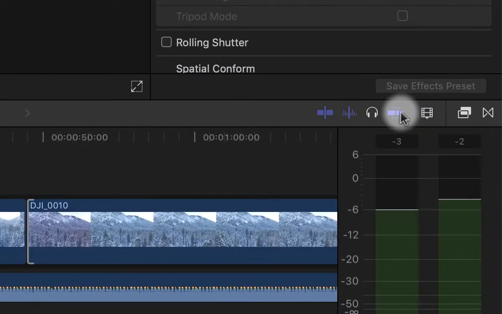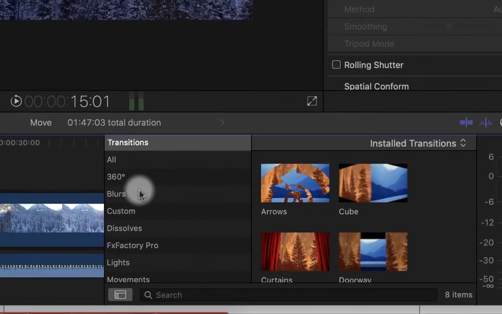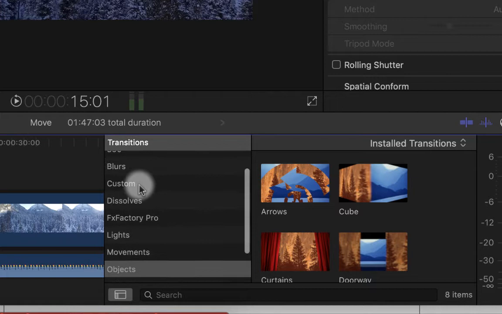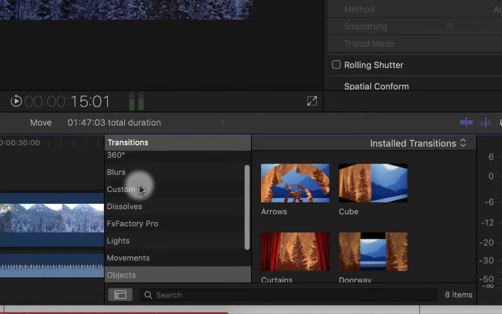Over here in the toolbar in the middle of your screen, you have this icon right here, which is your transitions. And then just like in the effects, you have all these different categories of transitions that you can add. And so your fade in, fade out, which is a pretty popular transition, is here in this dissolves, and that's